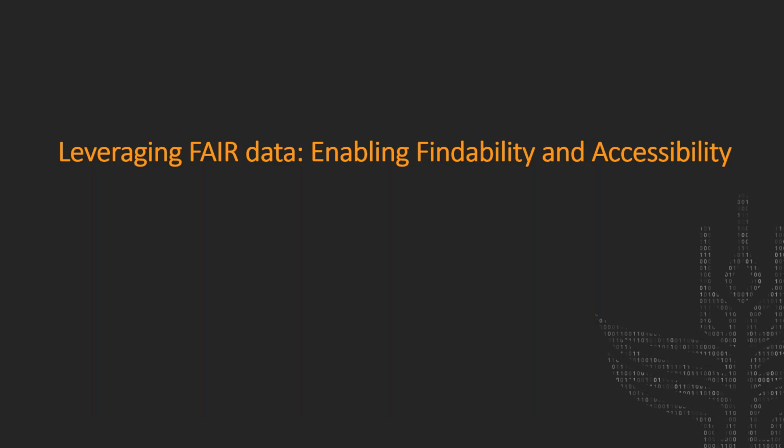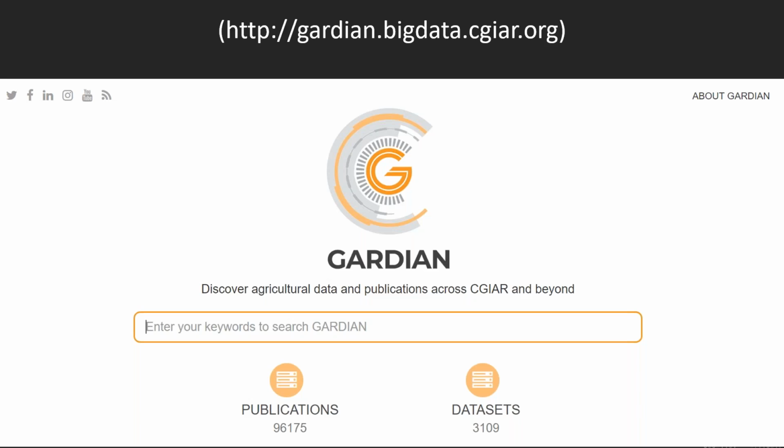Now, diving right into how we can leverage FAIR data. How do we enable findability and accessibility? I'll talk a little bit about how to actually make your data FAIR. But first, I want to present a case for why we are talking about all of this. So I'm going to take the case of how we've gone about doing this, and what I want to show you is something called Guardian, whose URL is there,